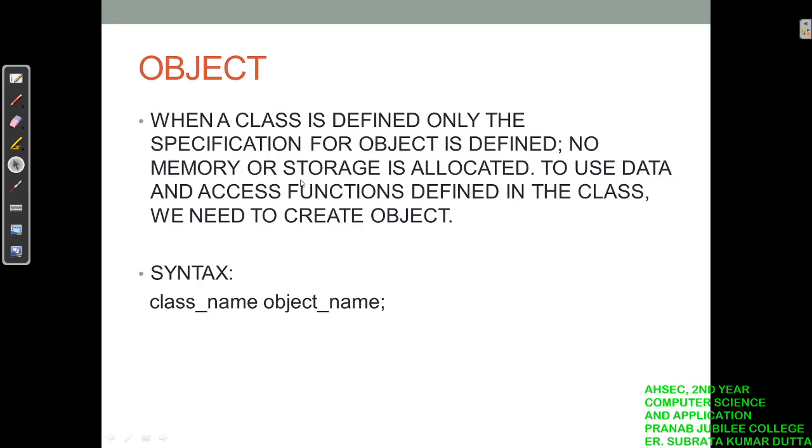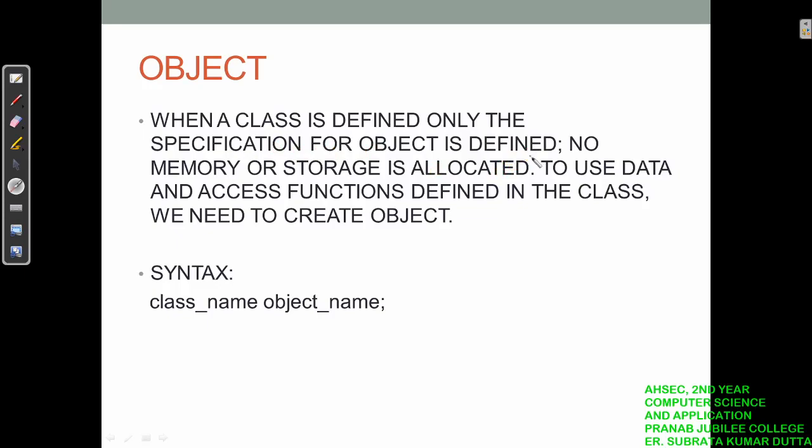Next is object. So what is object? Basically, if you are initializing a class, then to use that class we need an object. The basic thing is that to use a class, or the members of that class, we need an object. Why? Because when a class is defined, only the specification for the object is defined.